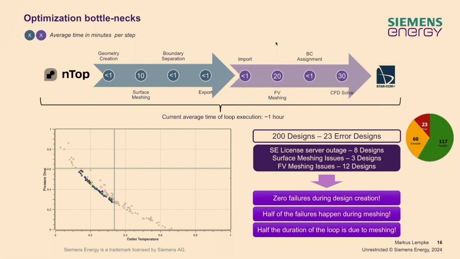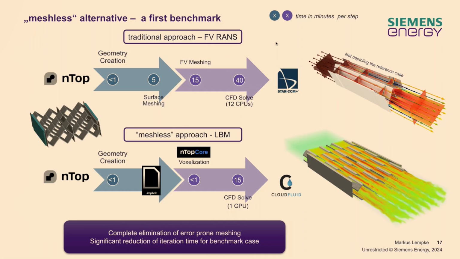But all the rest of the failures, they actually revolved around surface meshing and volume meshing, which gives me the conclusion, okay, this meshing is something that takes a lot of time and is error prone. So is there maybe something we can do about it? And therefore, I'm really happy